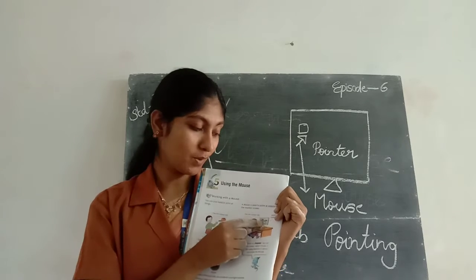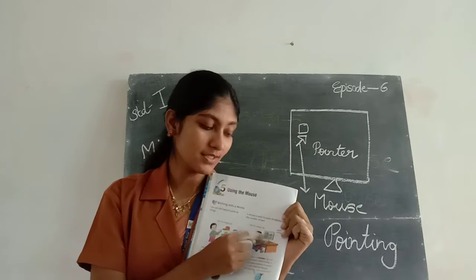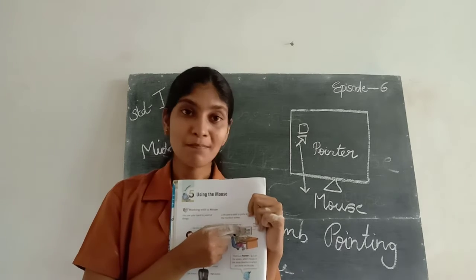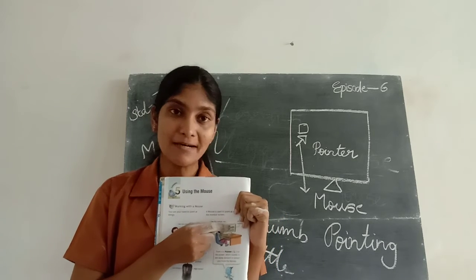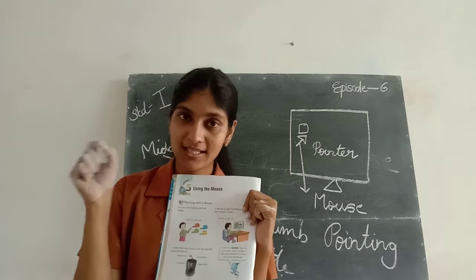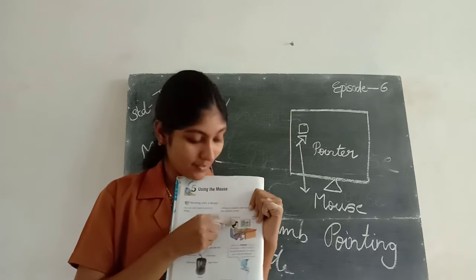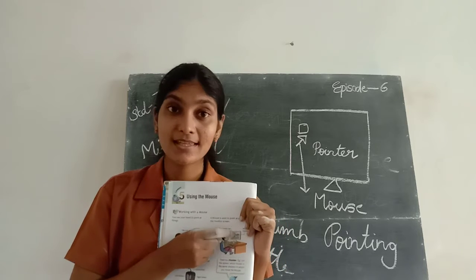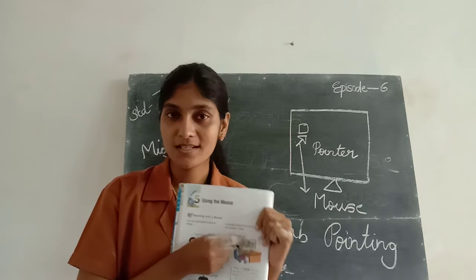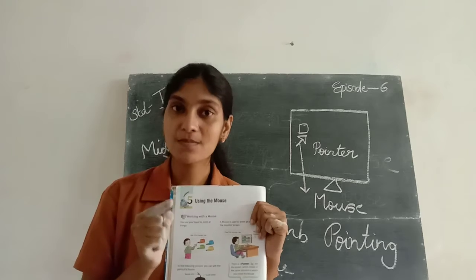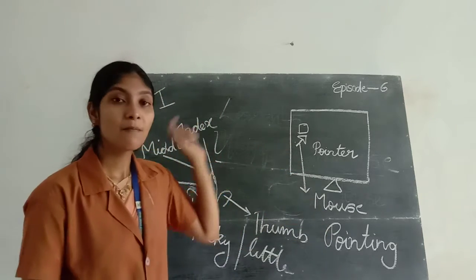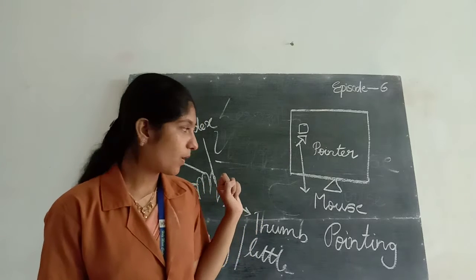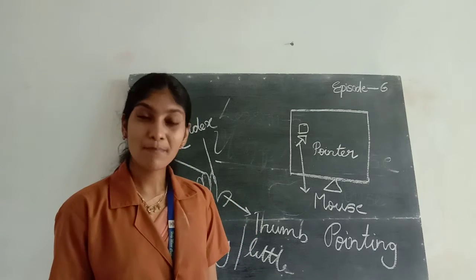Here the boy works on the computer and using the mouse he points at the cap using the mouse pointer. So this is the mouse pointer pointing at the orange cap, because he likes the orange cap. Which cap does he point at? Orange cap, using the mouse pointer. What is its name? Pointer. Mouse pointer. That is called pointing.